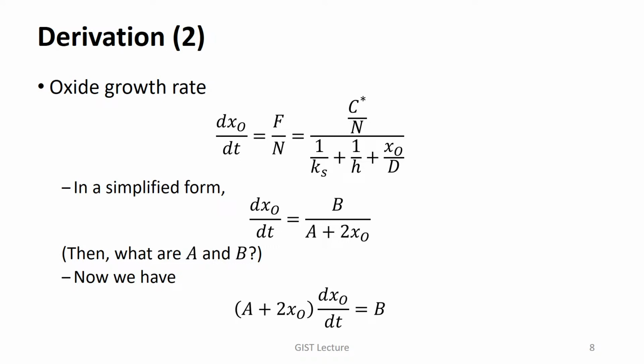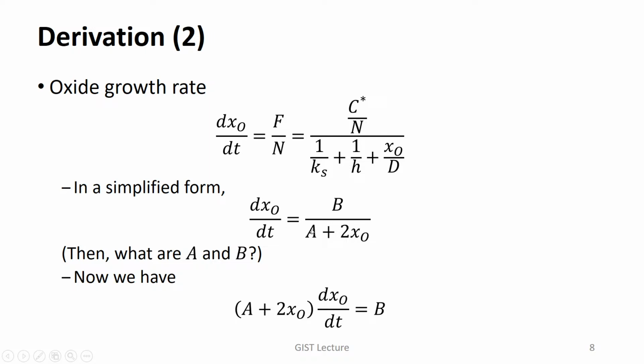So once we understand the flux of oxidants from the bulk to the interface between silicon dioxide and silicon, then we can understand the time variation of XO. Thickness can be proportional to the flux. Once we understand this relation, now in a simplified form, we can find an ordinary differential equation